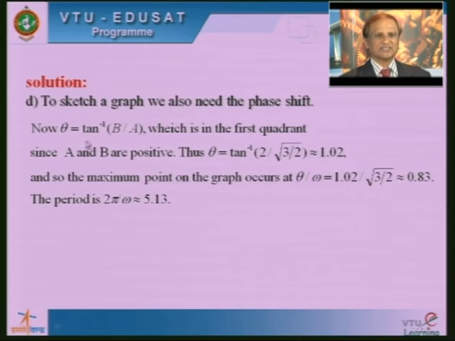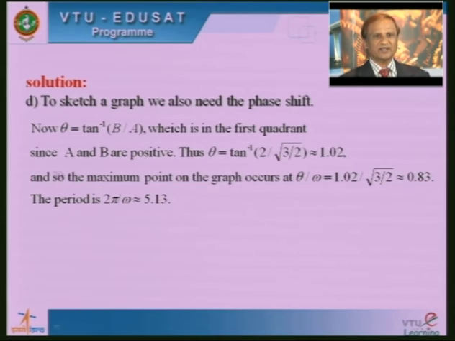So, theta is equal to tan inverse of b by a, as I mentioned earlier, which is in the first quadrant since a and b are positive. Thus, theta is equal to tan inverse of 2 divided by square root of 3 by 2. You know the values of a and b, we can substitute and simplify. Approximately you will get